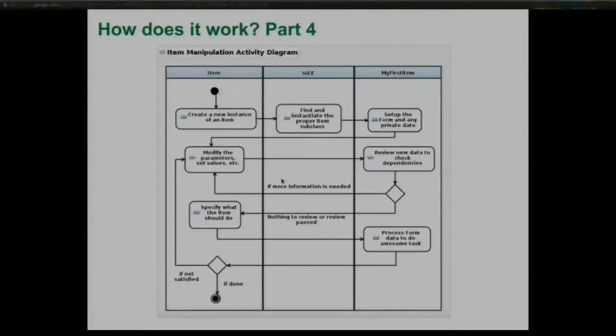The very core part of NICE, the platform, takes that name and dereferences it and says, that would be an instance of something created by this service. It does it. That service then sets up a form with everything they need to answer. So it's kind of like you go into the DMV, just not as slow. And you go in and you say, I need to get a driver's license, or